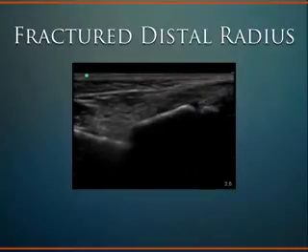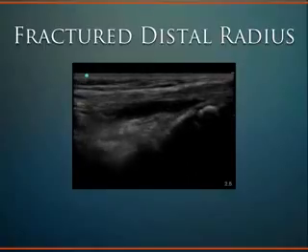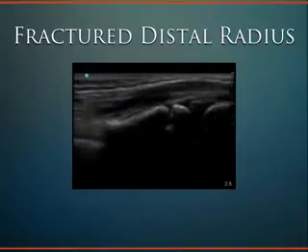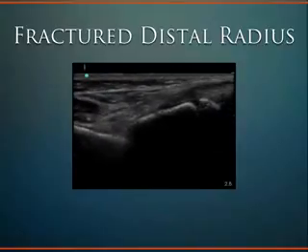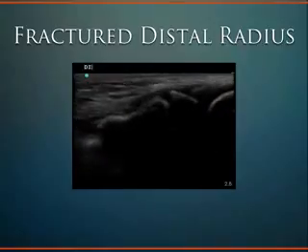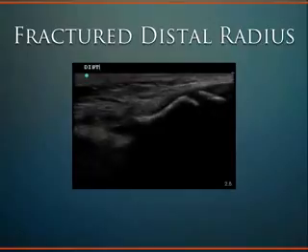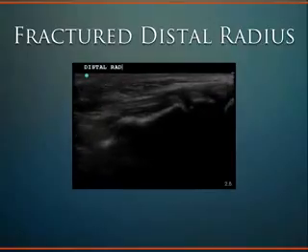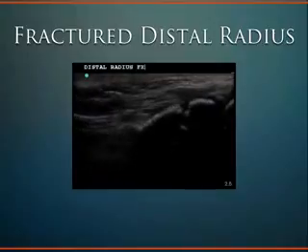You actually use the site of maximal tenderness as a guide to where to image on the bone as kind of your protocol to find it. With different tissues or different regions of the body, you do have to put a little pressure. But most of the time, especially with these forearm bones or bones that you're typically going to image for fracture visualization, you don't really have to push that hard. You just place the probe on the